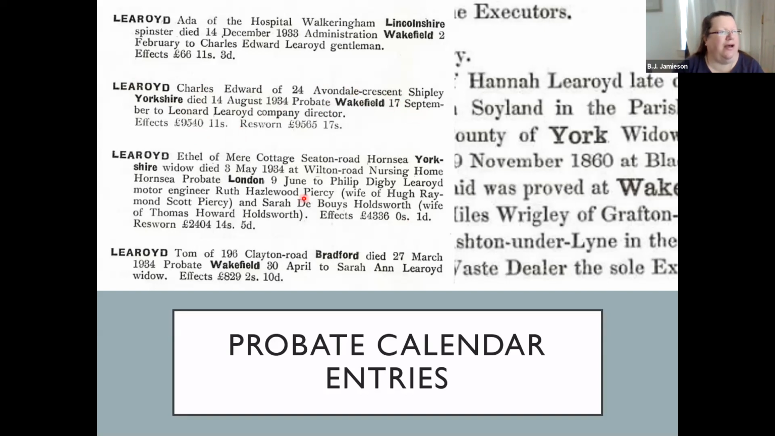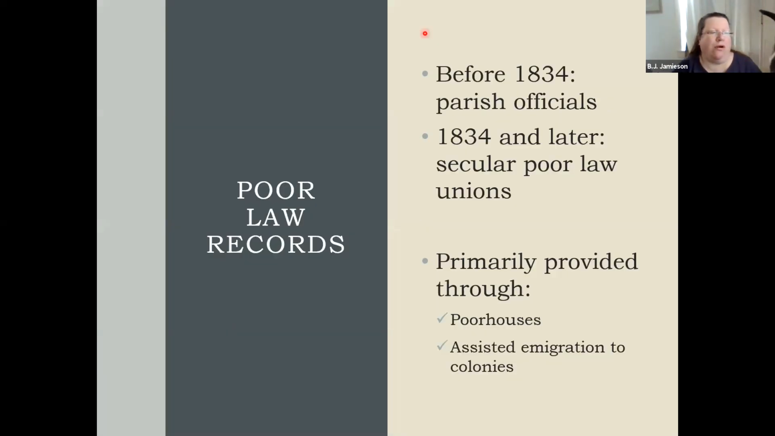So these are online, and you can find these. Occasionally you get, like, I have one for a couple greats aunt, and I'm not quite sure why she had one. She didn't have much of an estate, but for some reason she had a will that was proved. So the Poor Records,